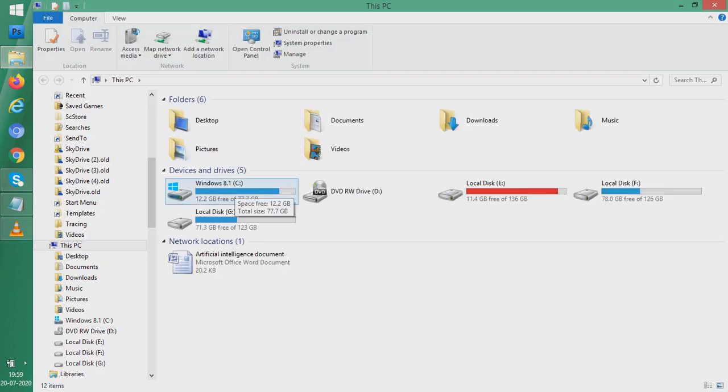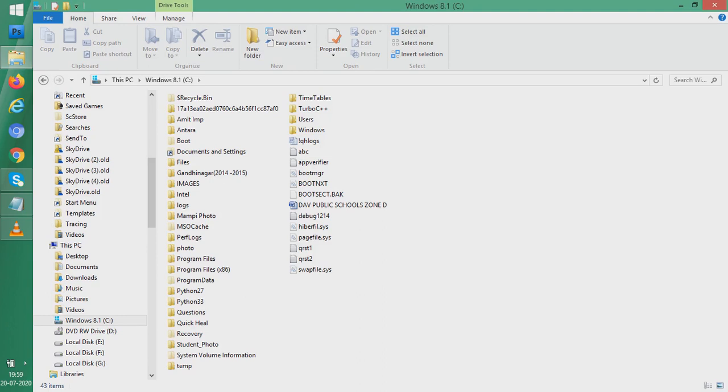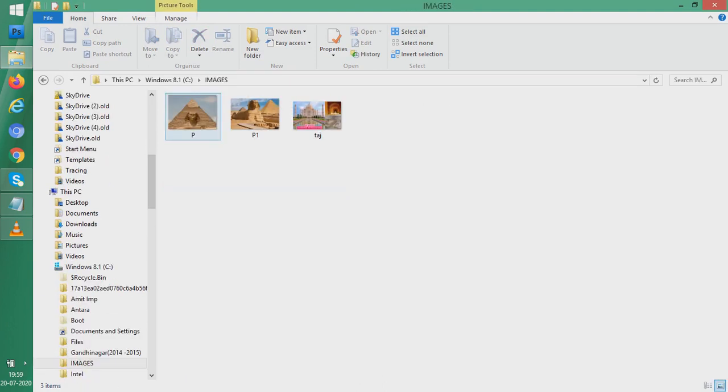So I'm going to C drive, and in C drive there is a folder which I have made, and that folder is called images. So images is the folder within which I have kept these photographs. You can well see, students, 2 photographs are of the pyramids of Egypt and 1 photograph is of the Taj Mahal, Agra. So you have seen these photographs here, students.